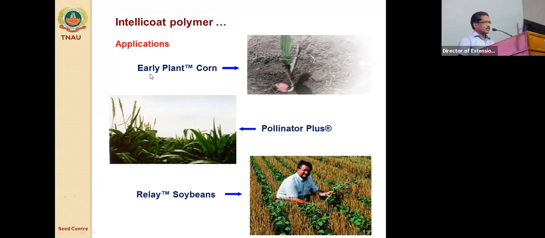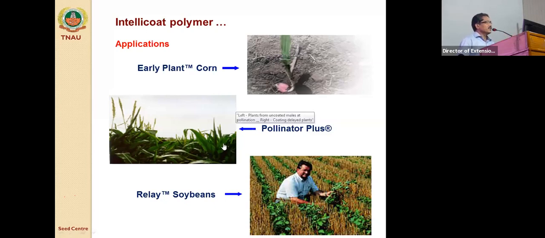So by giving this type of chemicals, what will happen in autumn? The seeds will not germinate, will not imbibe moisture, because the coating will avoid imbibing moisture from the soil. So that polymer disintegration is modulated by temperature or some other mechanism. Here it is being controlled by temperature. In that way, we can manipulate sowing, early sowing, but allow the seeds to remain in the soil for quite a long time. Whenever your required temperature comes, then the seed will germinate. That is the one purpose.